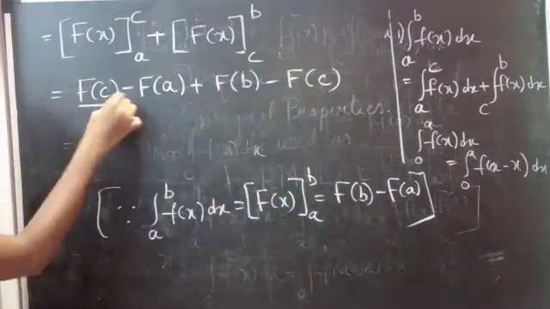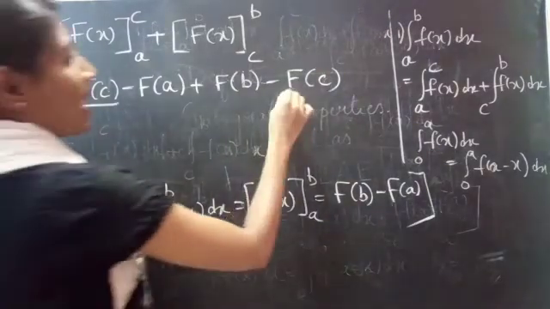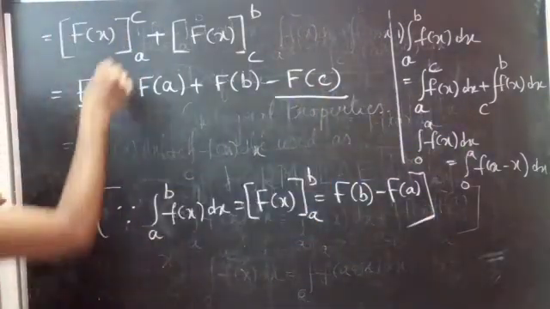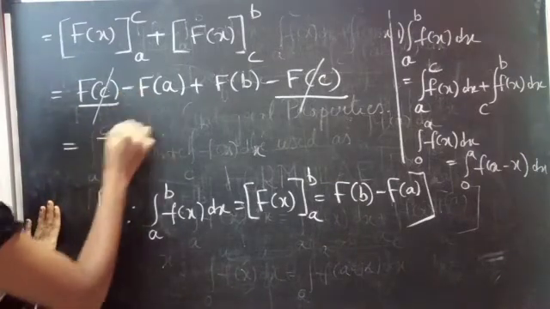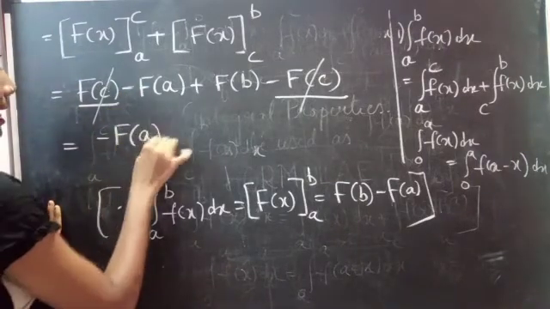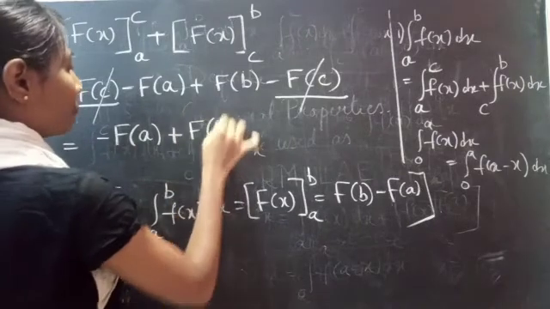The plus F of c and minus F of c get cancelled. So this equals minus F of a plus F of b,